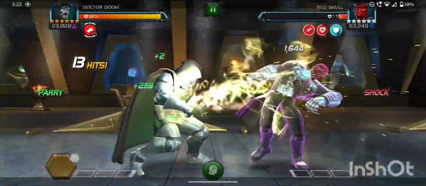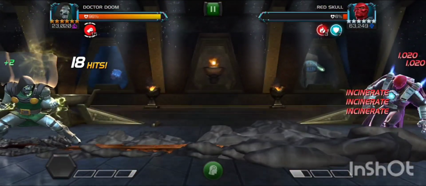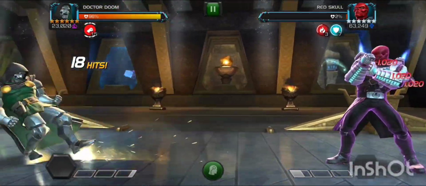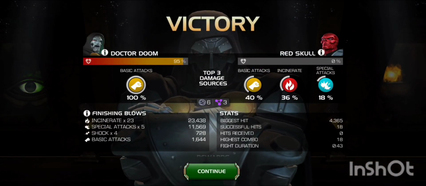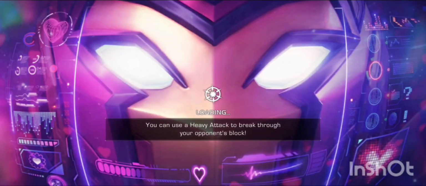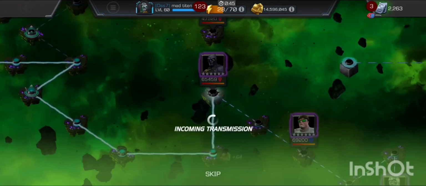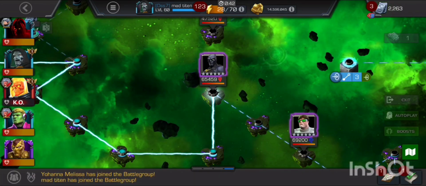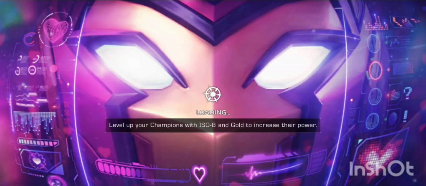And here the auto block goes away, and I have used SP2 here. I cannot hit on the block because whenever the armor is up I'll get power burn, so I have to keep it in mind. And the next fight which we have is with the Black Panther Uji,